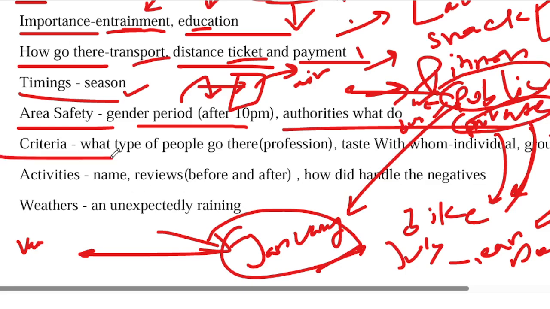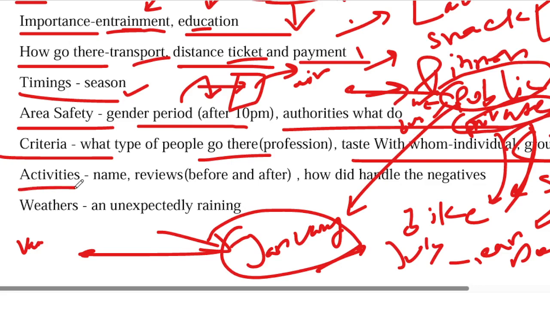And then you can talk about criteria, what types of people generally go there, because the same types of people don't really like the same place. Some people maybe like the sea, some other people maybe like the hills area. And there are some people who want to mix it up, there will be sea and the hills. So that also happens. And also taste. Some people want to go there alone. Some other people want to go with a group. Just describe that. What types of people will be suitable, especially for that place.